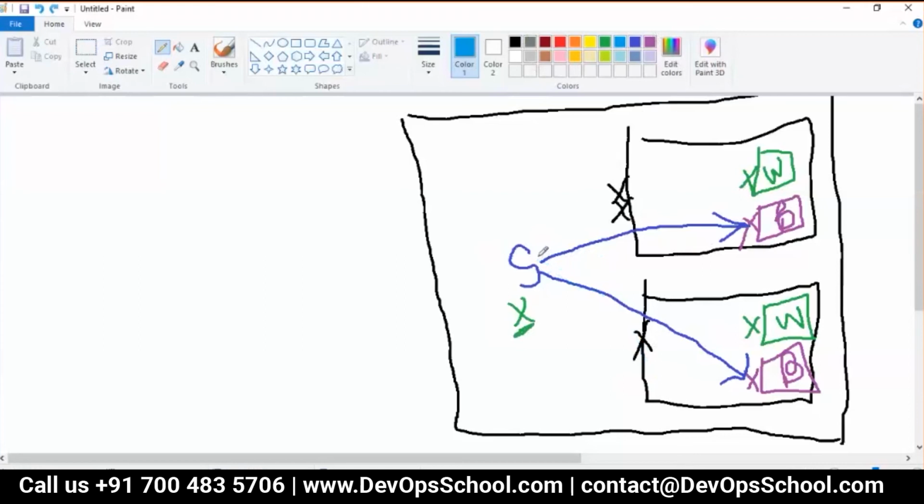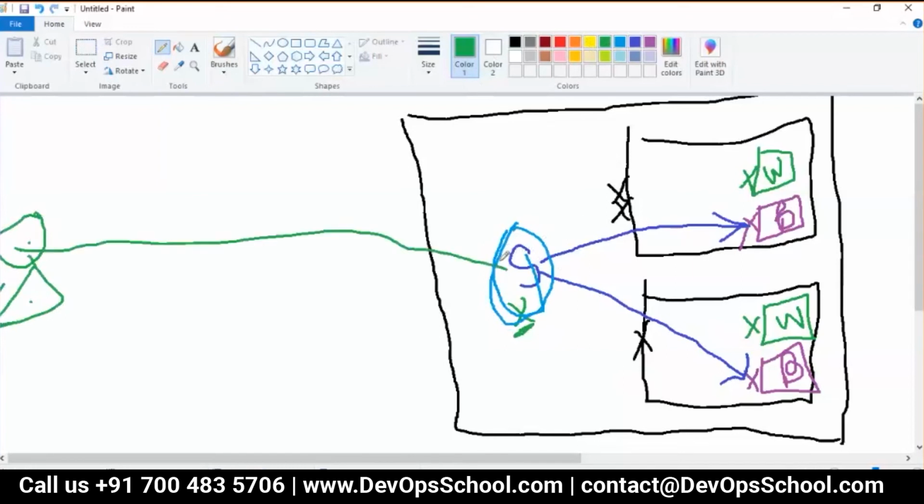So remember that Kubernetes networking requirement: any pod can communicate with any pod within a cluster across the node, or any node can connect to any pod within a cluster across the node. Those things are done with the help of kube-proxy and the driver, Weave Net and all. We have discussed that already. So guys, here, this service is only accessible from inside a cluster, not from outside.